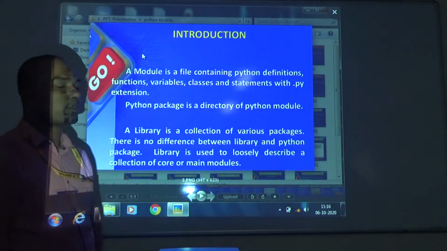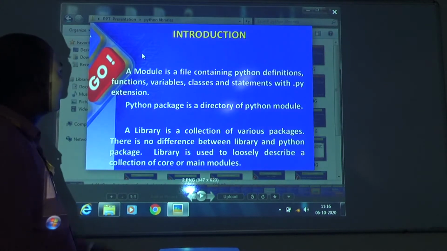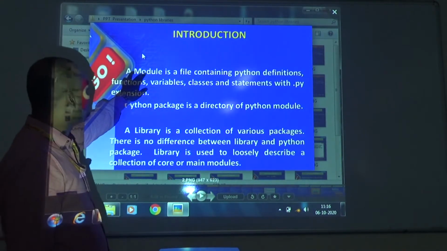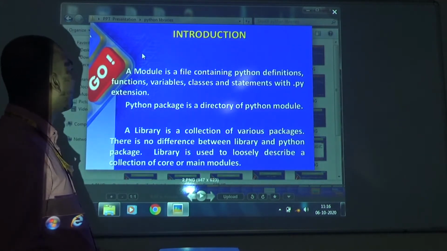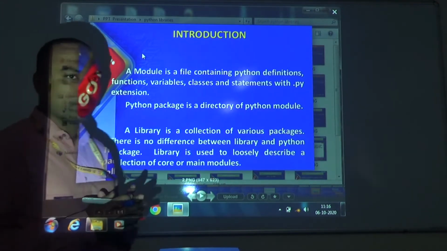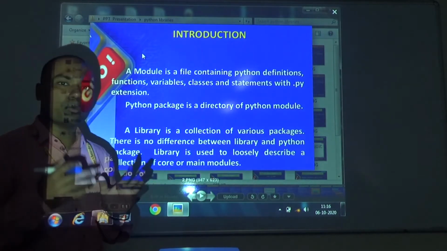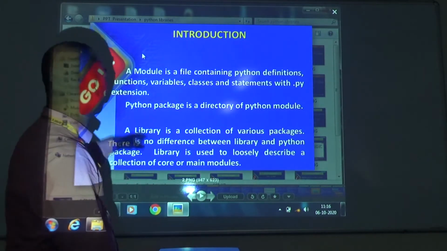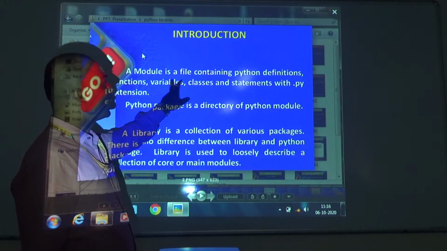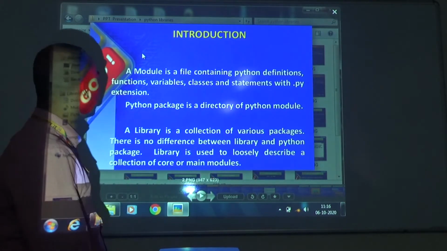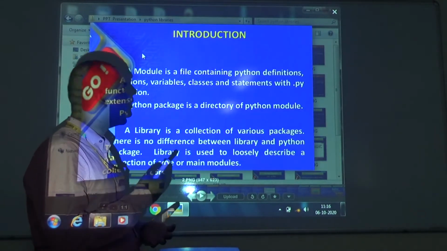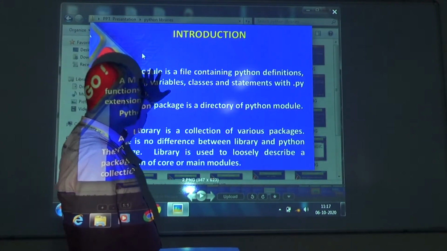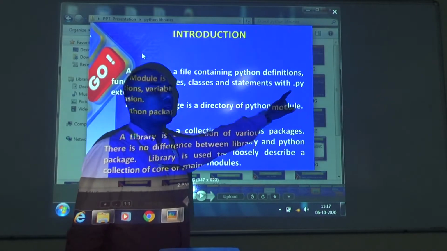First of all, I want to give the introduction about this part: module, package and library. These three are different parts of Python libraries, but they all work in the same pattern. A module basically contains definitions of Python, that means functions, variables, inbuilt statements, and this module is saved with the extension .py.